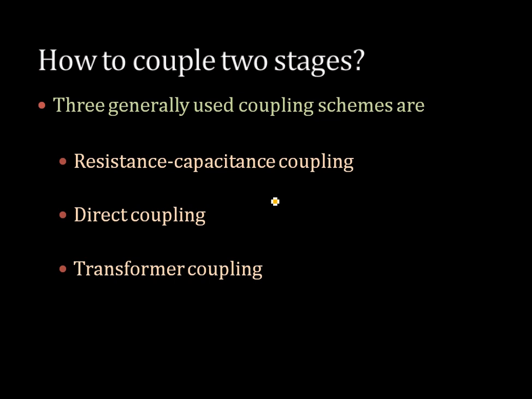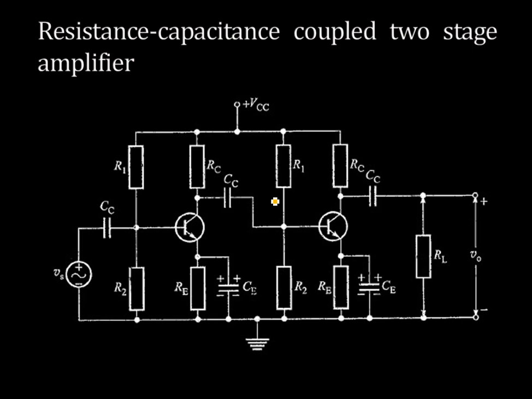The first one, resistance capacitance coupling or RC coupling. Second one, direct coupling, and the third one is transformer coupling. So you are already familiar with this figure for resistance capacitance coupled amplifier. You have a coupling capacitor at the input, coupling capacitor at the output, then this bypass capacitor, and from the output of the first amplifier stage, the signal is given to the input of the next amplifier stage at this point, and we are taking the output at the second stage. So this is a two-stage amplifier.